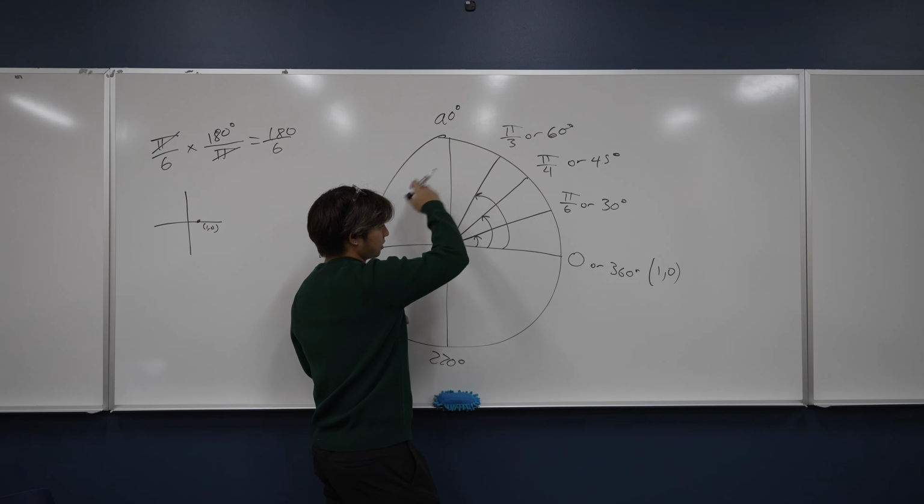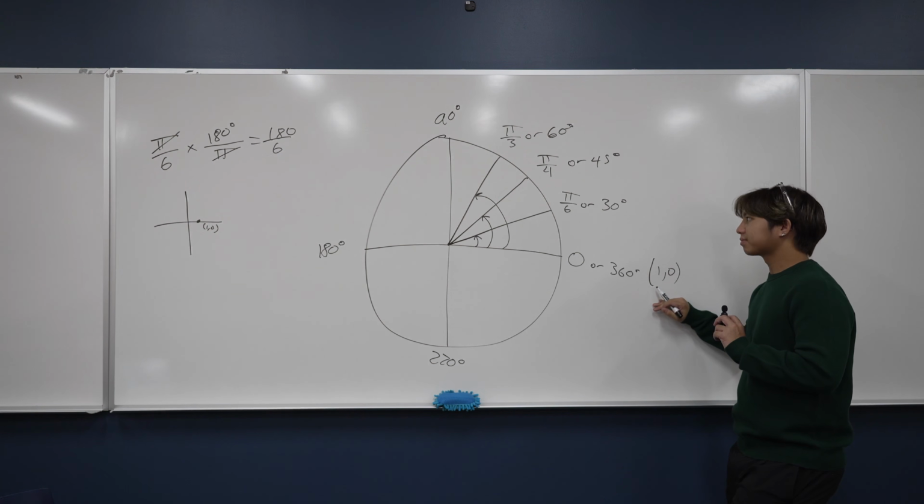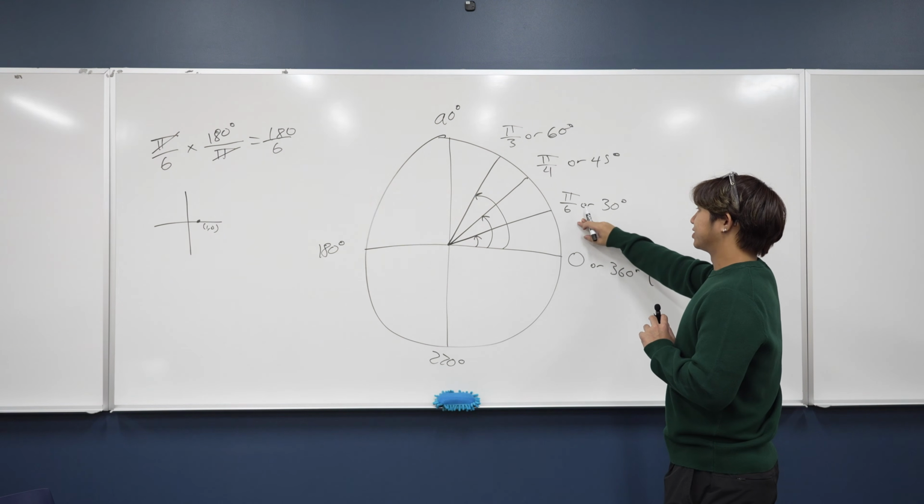Well, actually, it would be 1 across the whole board, but our radius is 1, and that's why we're starting at 1, 0. So moving on, at pi over 6, we have